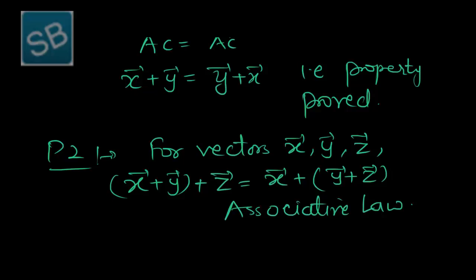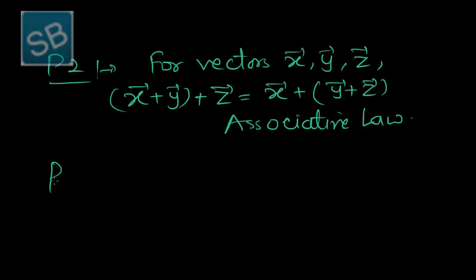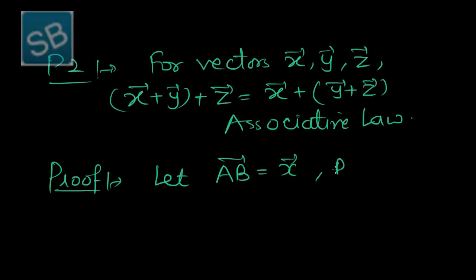So let AB is equal to vector x and BC is equal to vector y and CD is equal to vector z be three sides,